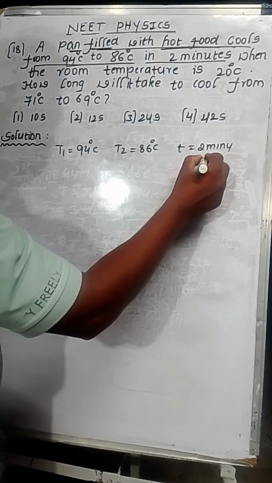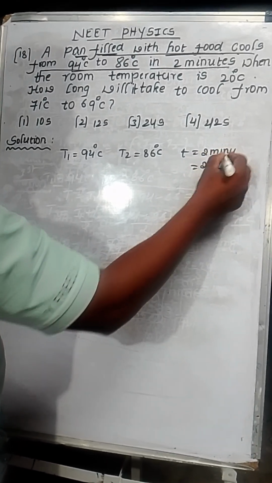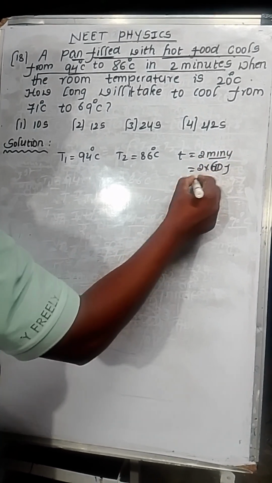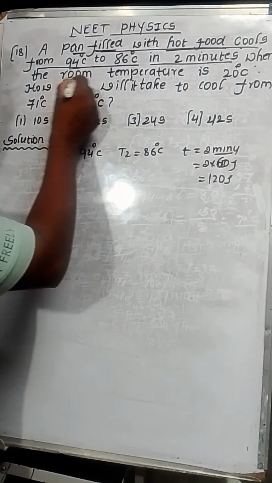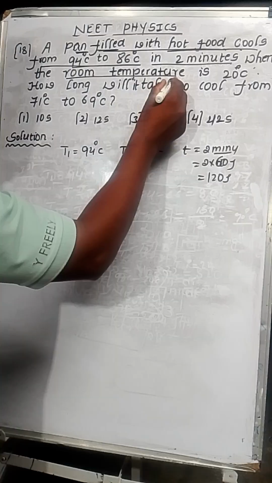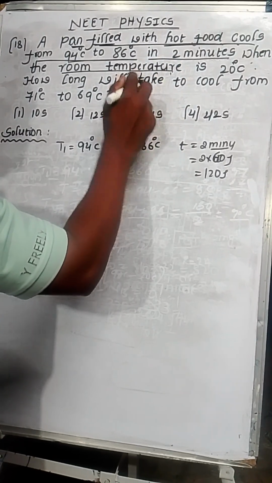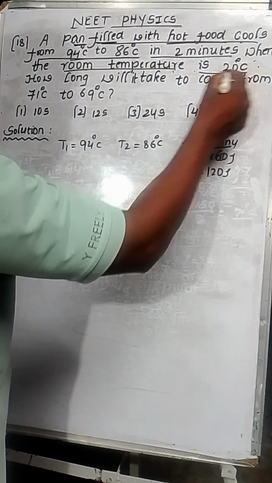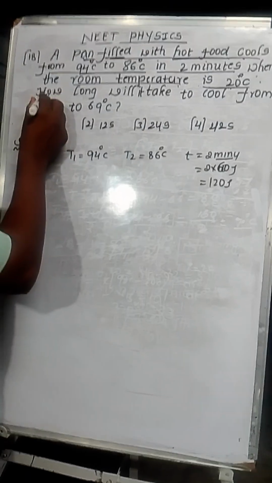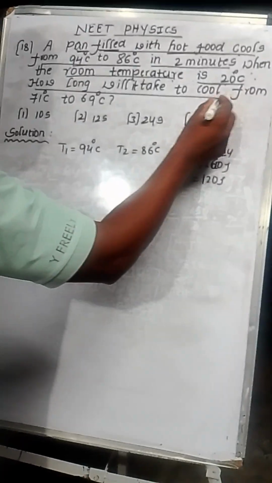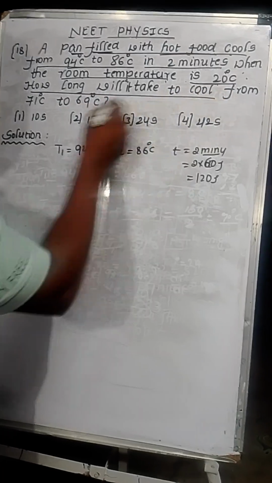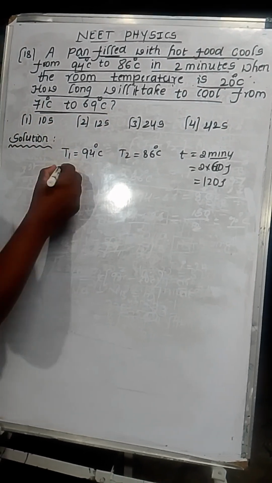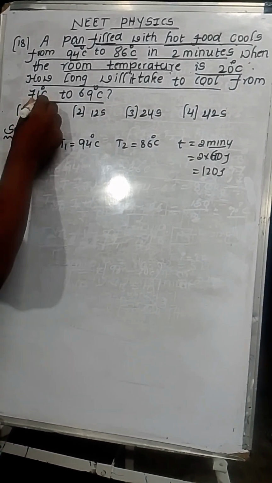2 minutes means 2 into 60 seconds, that is equal to a total of 120 seconds. When the room temperature is 27 degrees Celsius, but actually from the given question the room temperature is 20 degrees Celsius, how long will it take to cool at room temperature from 71 degrees Celsius